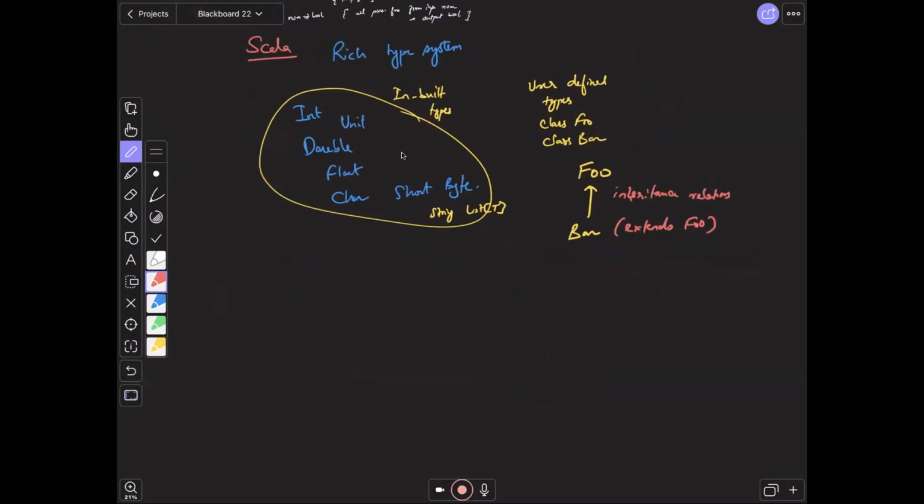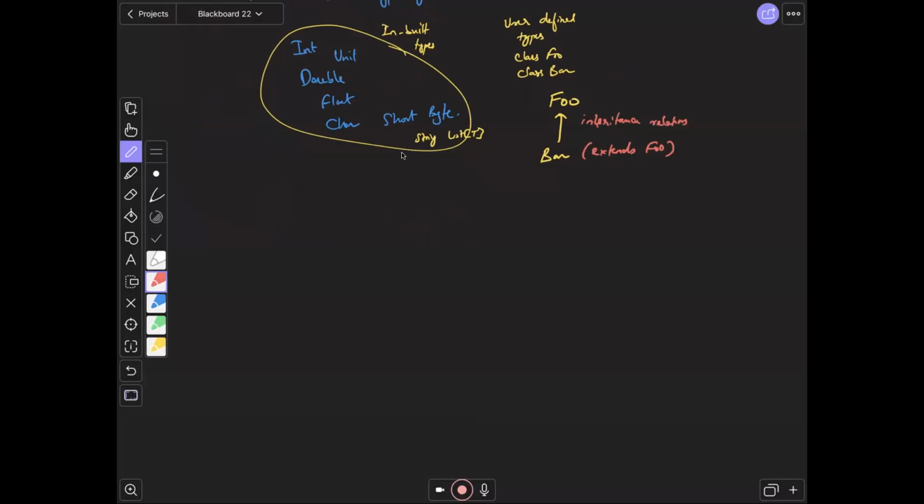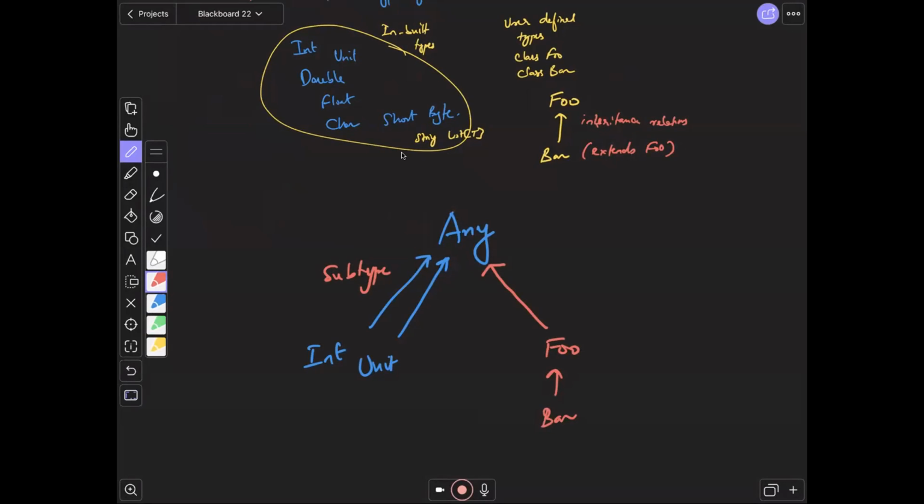And in fact, you have other kinds of relationships as well. In Scala, you have this class Any, which is a supertype of a class like Int or Unit. These are all subtypes of a type called Any. And anything you define, like let's say your Foo and your Bar, are also going to inherit from Any. So Scala has a rich type hierarchy,